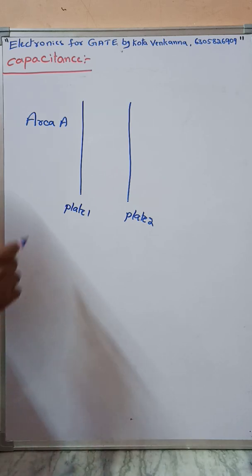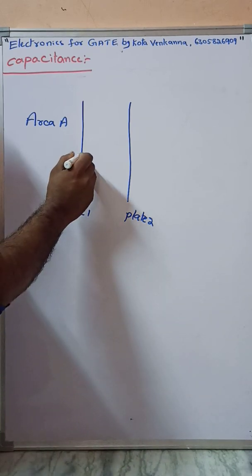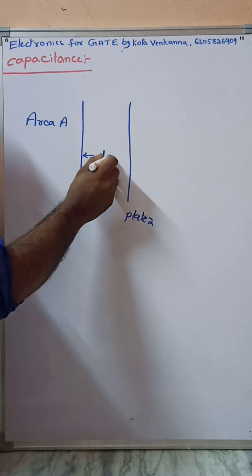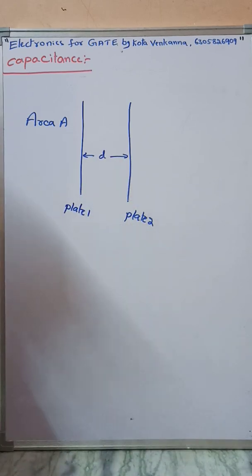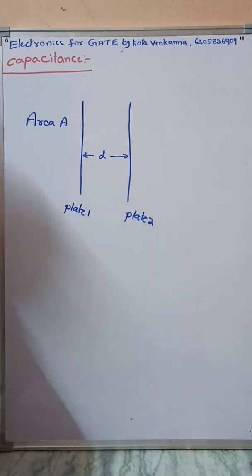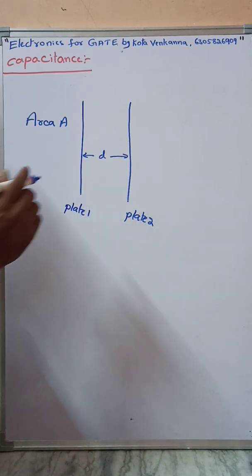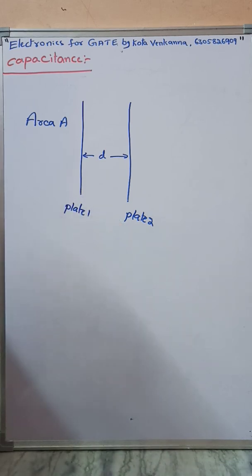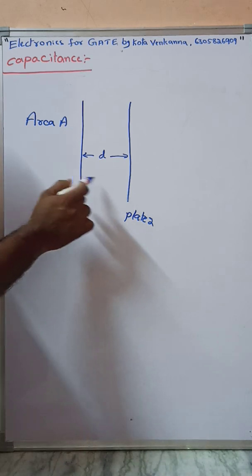In between these two we have to maintain some distance, and the distance must be equal to small d. In between these two plates,